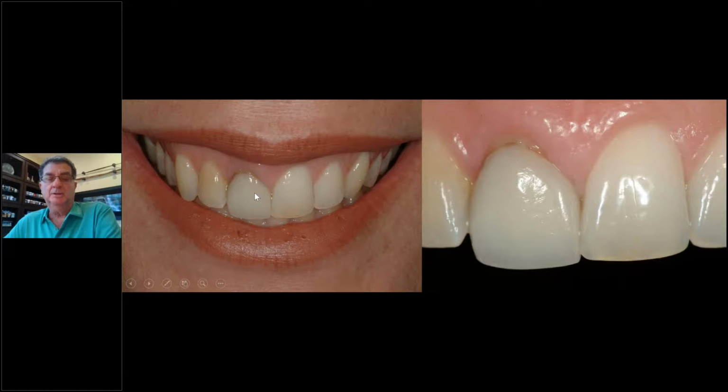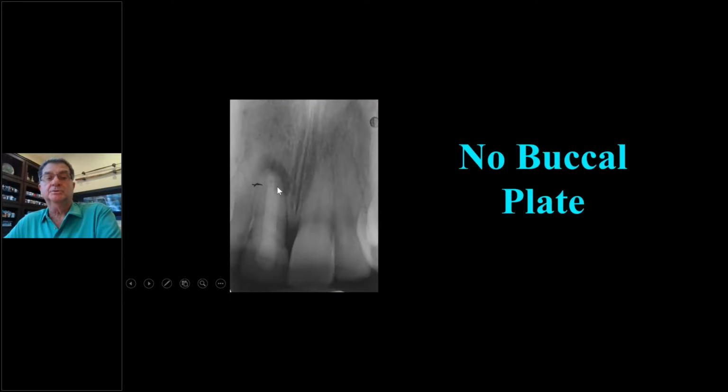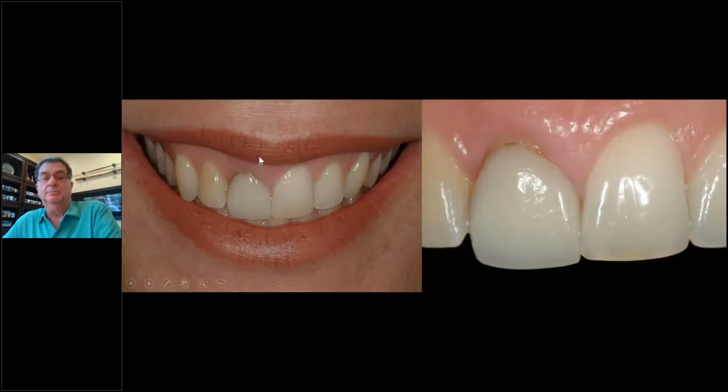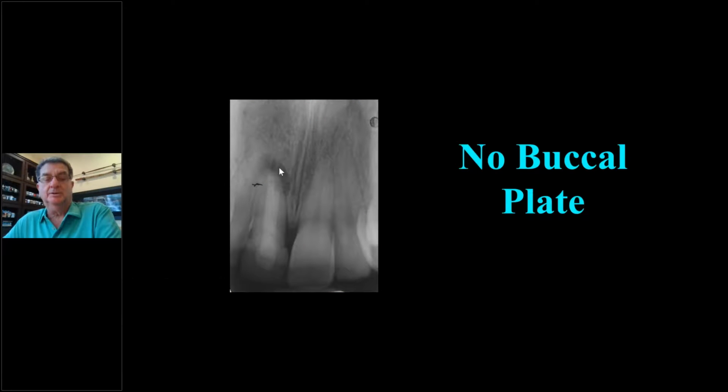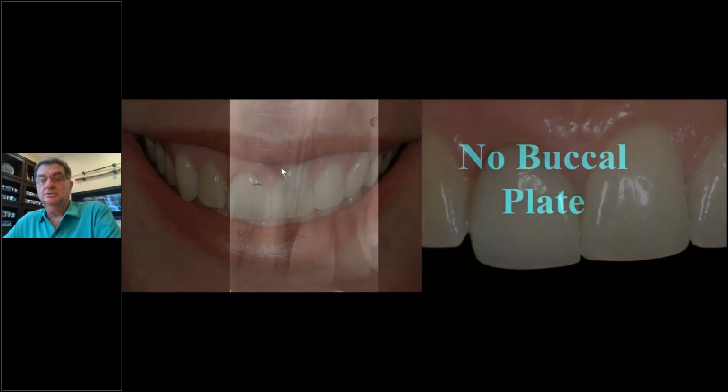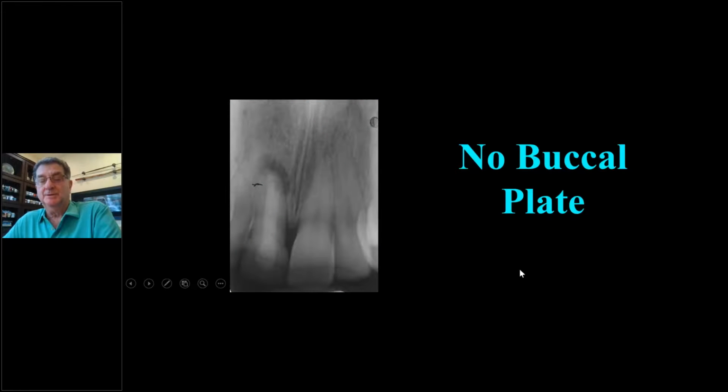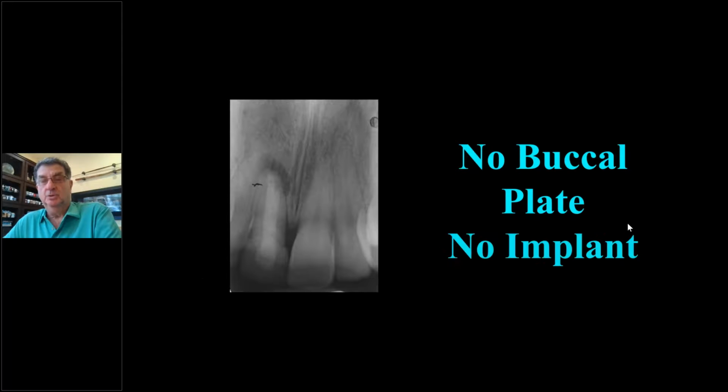I'm not going to do an immediate here because the buccal plate is gone. It looks like I should be able to do one, but the buccal plate is gone. It doesn't mean you can't do it with some, but I don't know where that buccal tissue is going to wind up. This woman had, I could probe this all the way up. Here's the infection. So when I have a high smile line like this, I still live by no buccal plate, no implant. No buccal plate, no implant. Not in the case where you see that gingival margin.